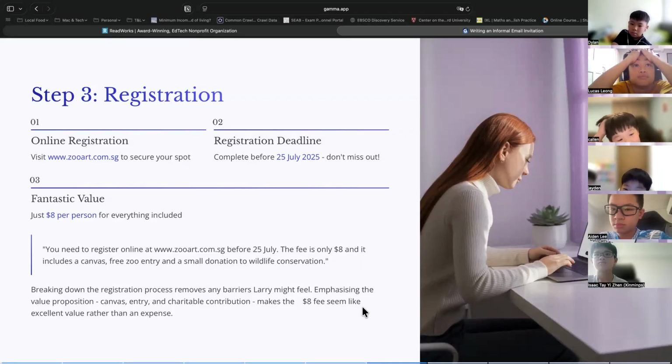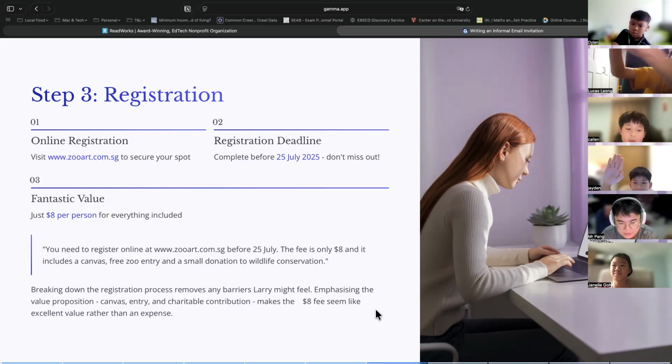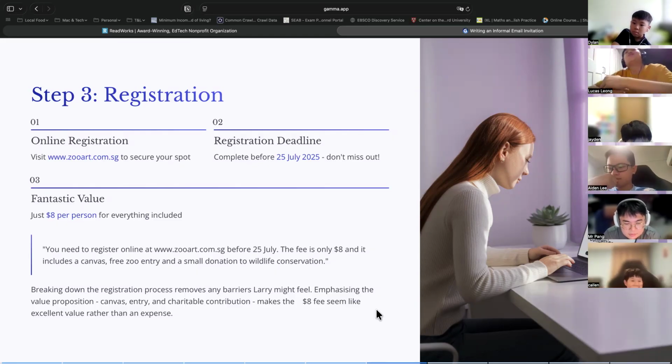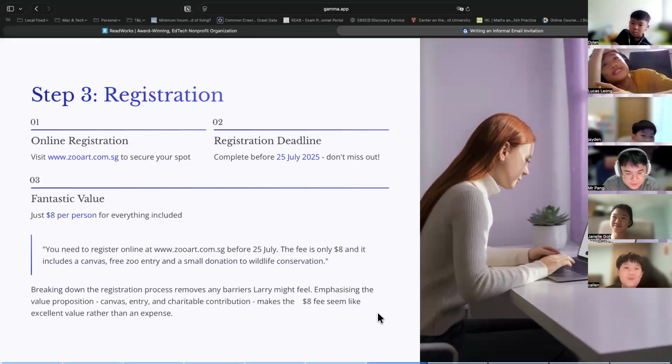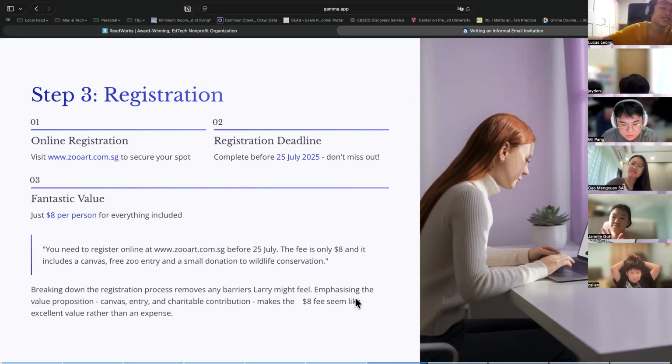Like, you're telling him all the good reasons to join. No, the key here is, okay, Jaden, who? Go ahead. Making it sound cheap. Yes, right. Very good. Can you see that the value here is $8? You get all these things, right? Okay, good. Thank you, Jaden. You hit the nail on the head.